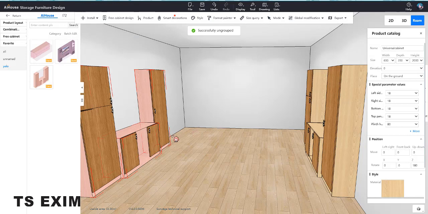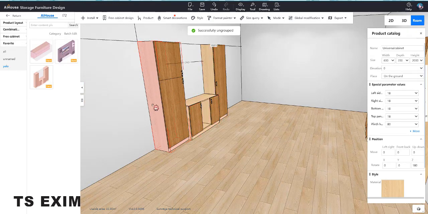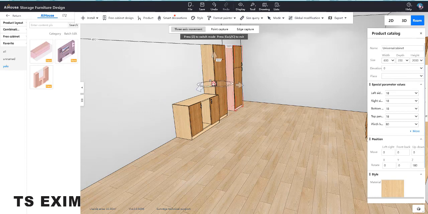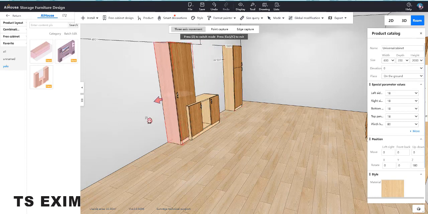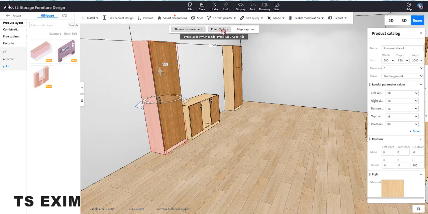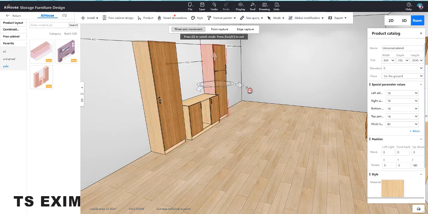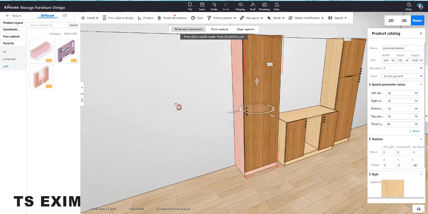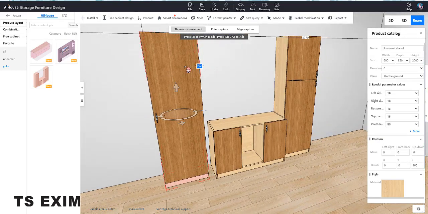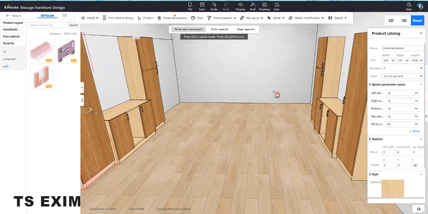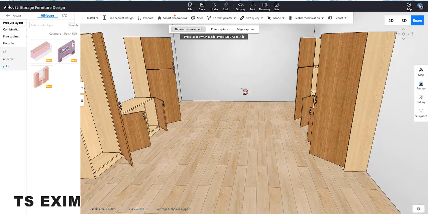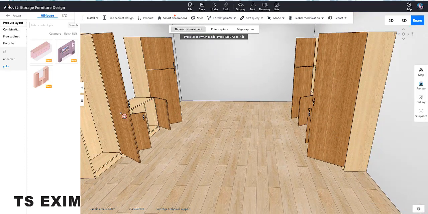Okay, press OK, ungroup it. So I select my this cabinet, select okay, then press Z. Okay, I move, go there, then press Z, I move, come here. Okay, then this one, make it to 0, then select this one and make it to 0. Okay, look like this. So when I press O, open, and now you see, since my door is wrong side,